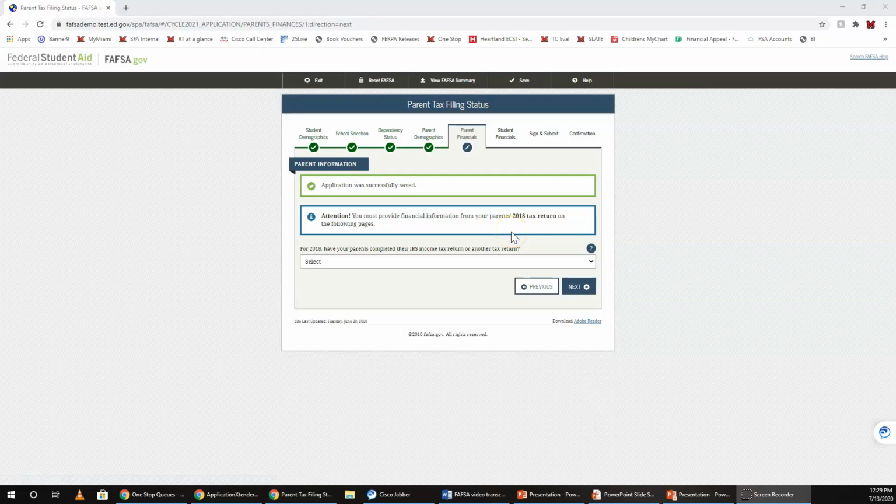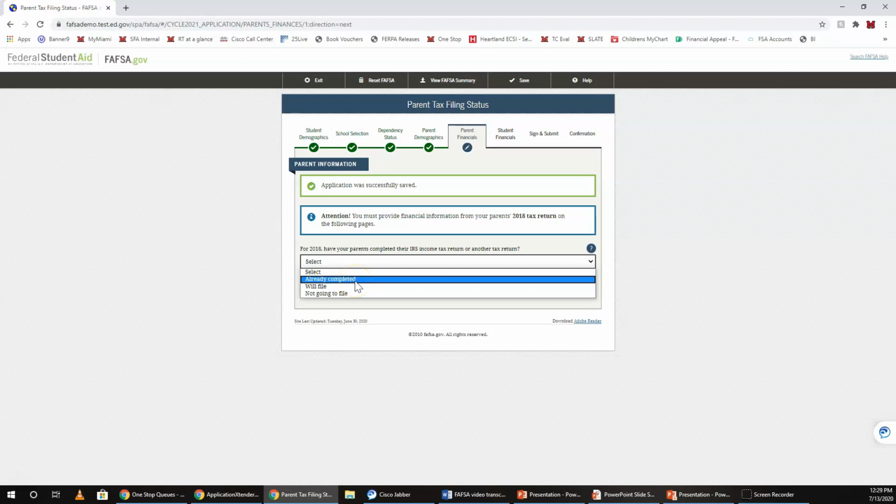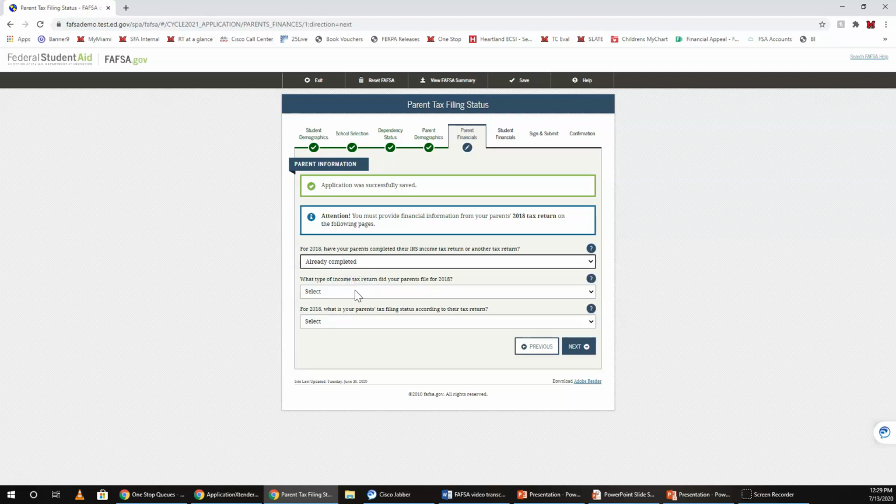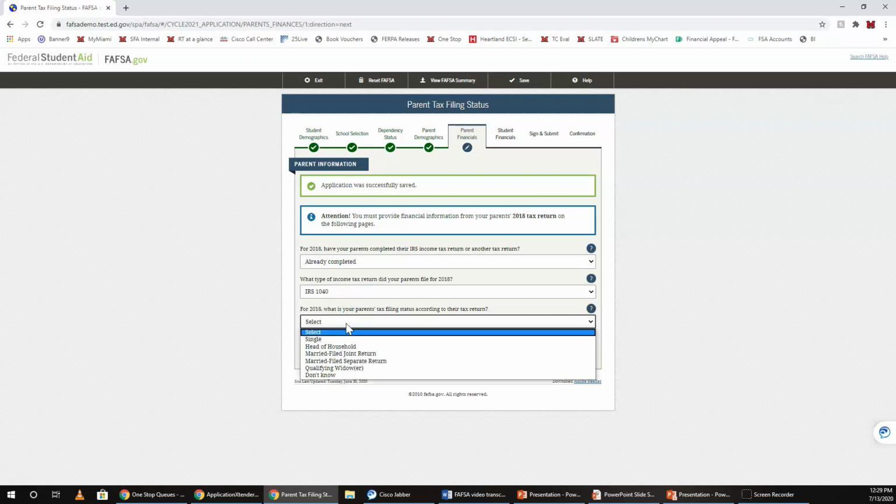This is going to bring us to the parental financial portion of your FAFSA application. For 2018, have your parents completed their IRS income tax return or another tax return? We're going to say yes, that Miles' parents have already completed their tax return and that they filed a 1040. The other options listed here are a foreign tax return or a tax return with Puerto Rico. And then here it's going to ask what their filing status was: single, head of household, married filing jointly, married filing separately, or qualifying widower. Here we're going to say that Miles' parents have filed their joint return,